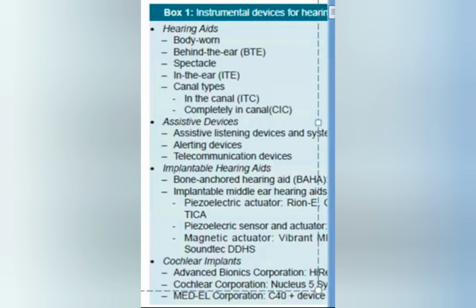So these are the various types of instrumental devices in order to amplify hearing. It consists of the hearing aids, which are of different types: body worn, behind the ear, spectacle types, in the canal, completely in the canal, or bone conduction hearing aids. Or we can use assistive devices to help in hearing, or we can use implantable devices such as the bone anchored hearing aids, BAHA, or we can use the Vibrant Soundbridge, or we can use